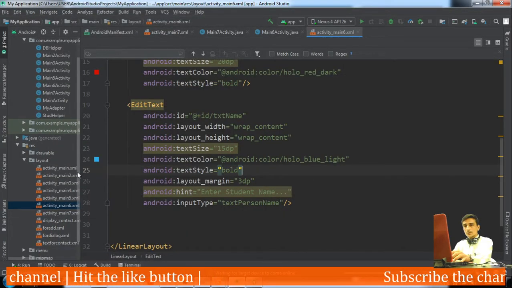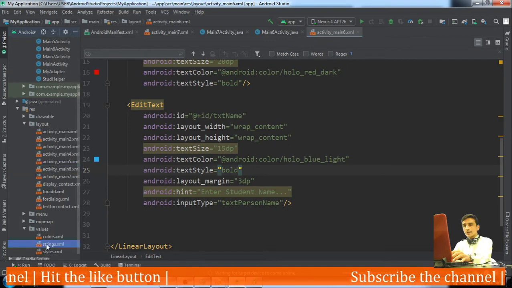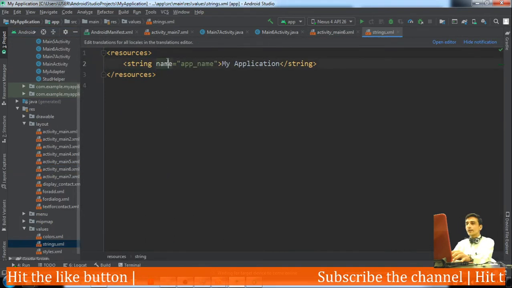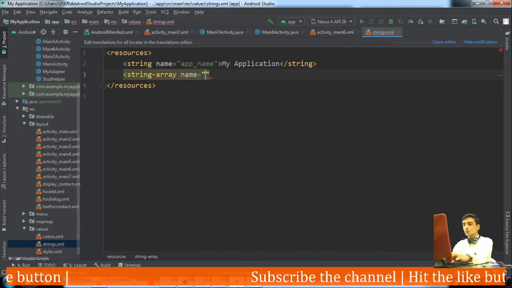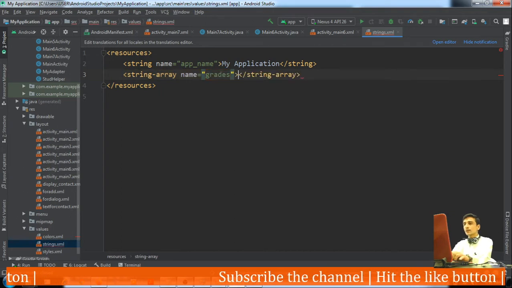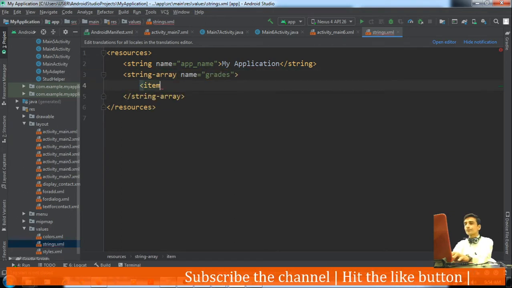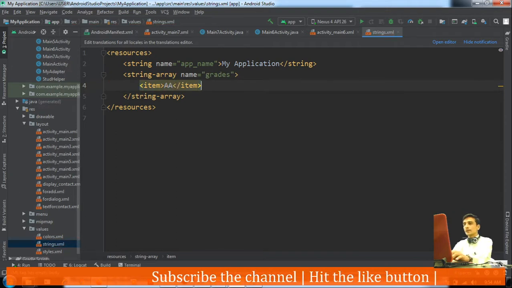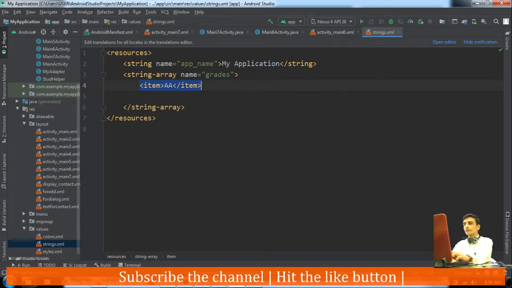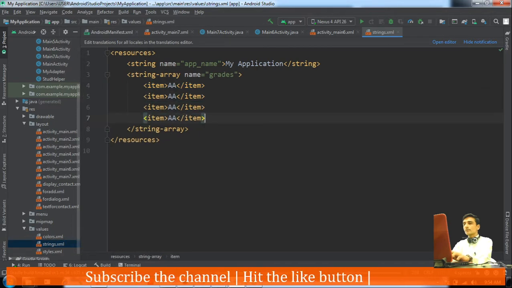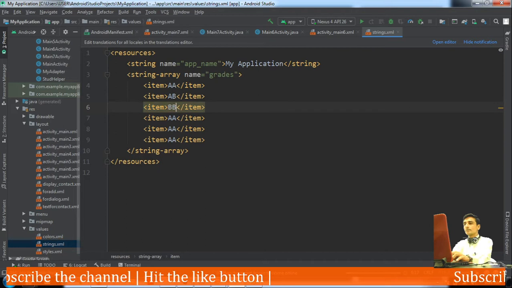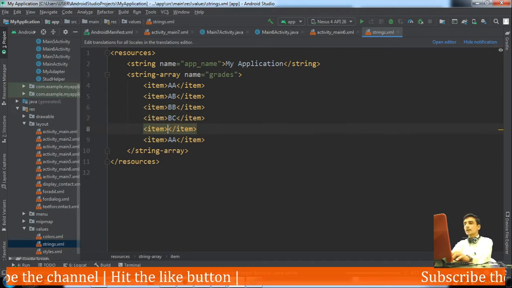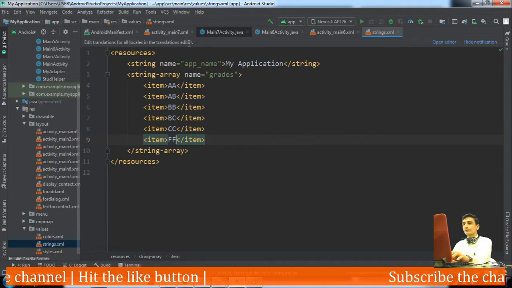In our resources values folder and strings, I would define one string array, name equal to grades, and items AA, then AB, then BB, then BC, then CC and last FF.